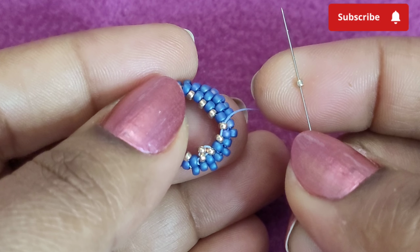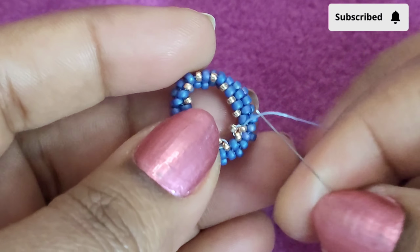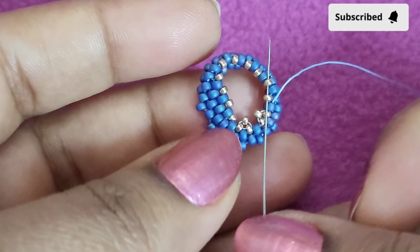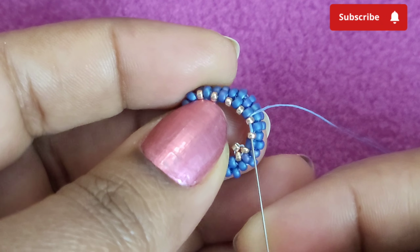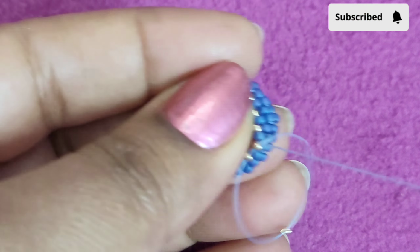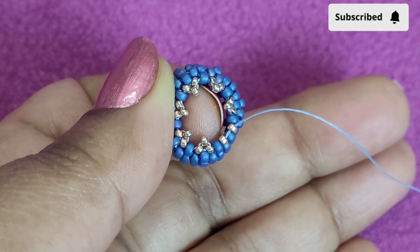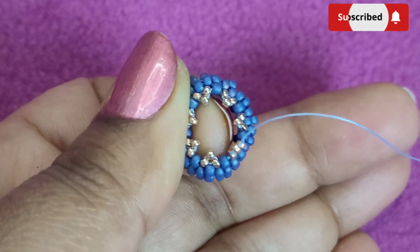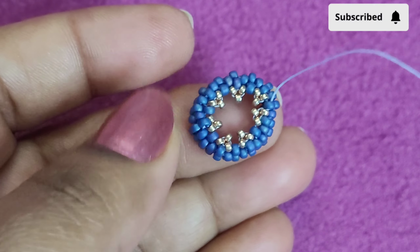again picking up one 15O champagne back into the two 15O champagne like this, down through this 11O nebula blue into the next two 15O champagne together, again picking up one 15O champagne into the two 15O champagne together like this. So this way I'm going to add the picot stitch over these 15O champagne all through this round. And here I'm adding my last 15O champagne to this last pair of 15O champagne like this. We have created this picot stitch and down through this 11O nebula blue,